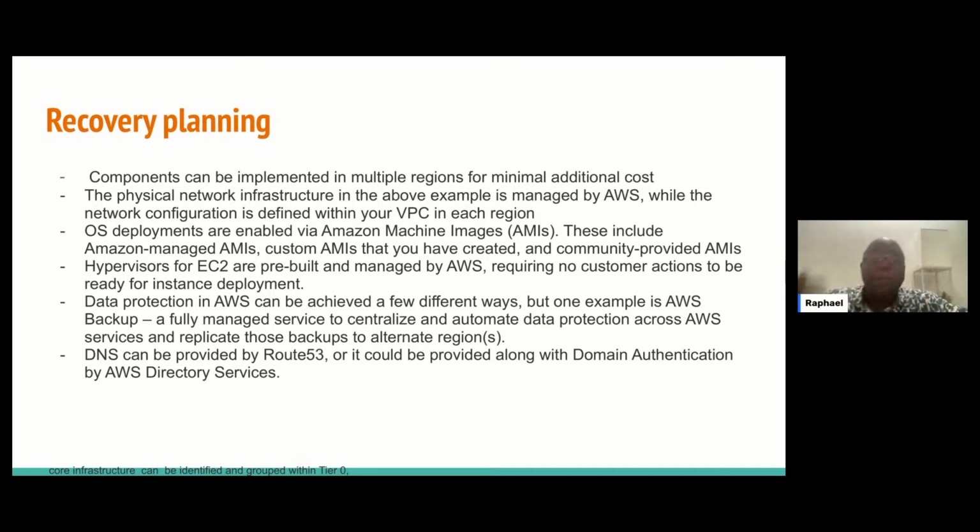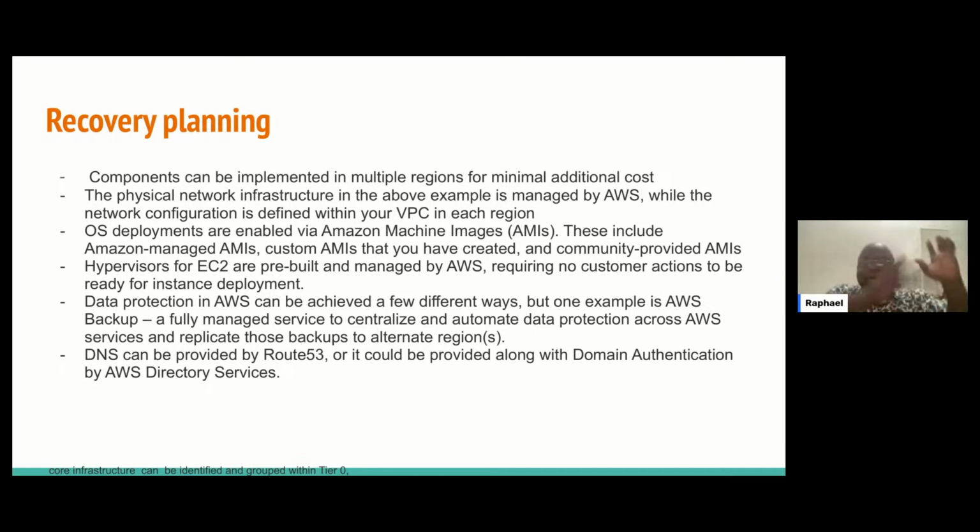Before you went to the cloud, probably you had your own data center. You were on premise. Before you recover the application, there's a disaster. What are the steps that you're going to take? In a traditional data center, you need to recover your routers, your switches, your operating system, your firewall, and your domain system used for authentication. You need to recover those first before you even think of recovering the application. Because of this, the RTO for on-premise is going to be a little bit higher than if you were in the cloud.